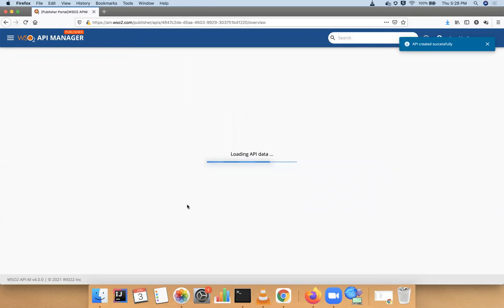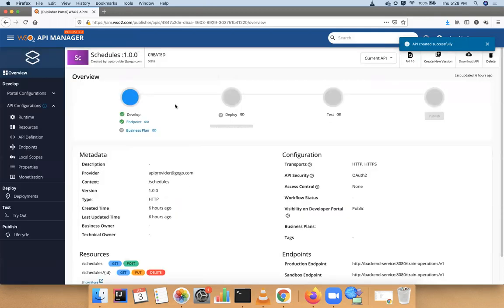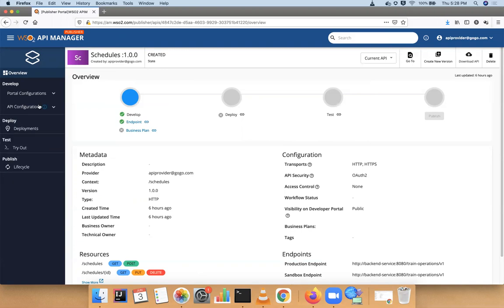Once you create an API, you will be directed to the API overview page. In the API overview page, you can see the API is now in the developed state. Once you complete the development, you can deploy your API, then test your API, and finally publish your API. Like I mentioned earlier, when you create an API, you will be routed to this journey.